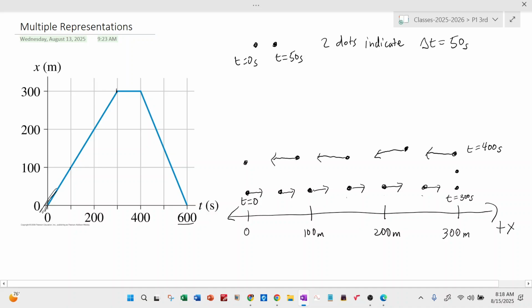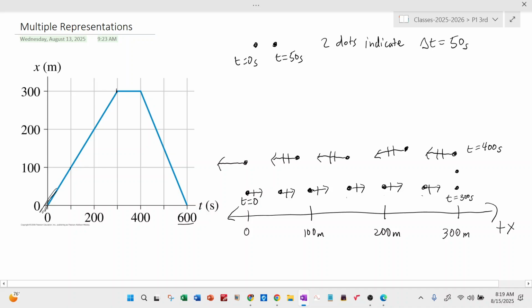Now, we don't know what happened at 0 meters, but the line has a slope at that point. There's no indication that the object stopped, so I'm going to go ahead and draw a velocity vector on my last dot. It's a little ambiguous, so you could get away with not drawing that, or if you knew more information, you could do something else there. Now, the last thing I'm going to do is, as I said, I wasn't very careful with the arrows, and I usually put a little tick mark, hash mark, on each one of these to indicate that they are the same value, and then I'll put 2 here